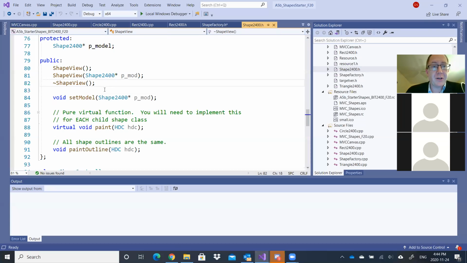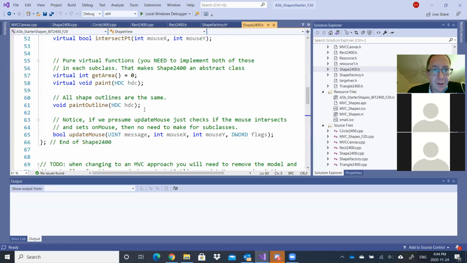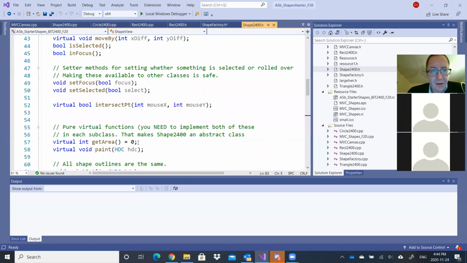So here's what we're going to do for the abstract class. Hopefully I have shape controller, shape model. Here we go. So paint outline, get the area. There we go. So that's what I needed. This equals 0 says, I am not going to define get area. It's not defined. And so therefore, because it's not defined, any child class has to define it, but I cannot